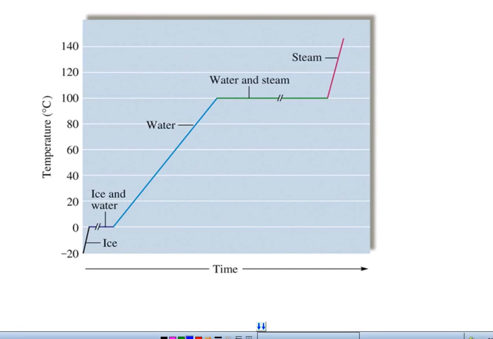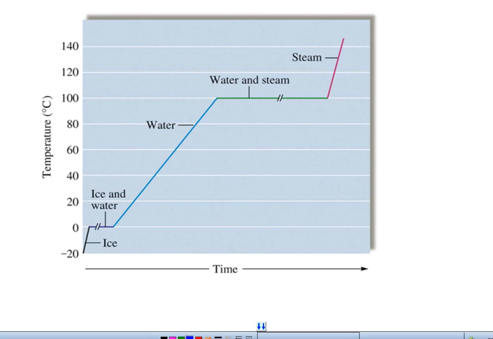You thought we were moving on to vapor pressure, didn't you? Instead, I want to look at this graph again. So we qualitatively looked at what's happening at each section of the graph, what the particles are doing. Are they moving faster, or are we adding energy to change phase and overcome intermolecular forces? What I want to do now is calculate exactly how much energy is required to change phase or to increase